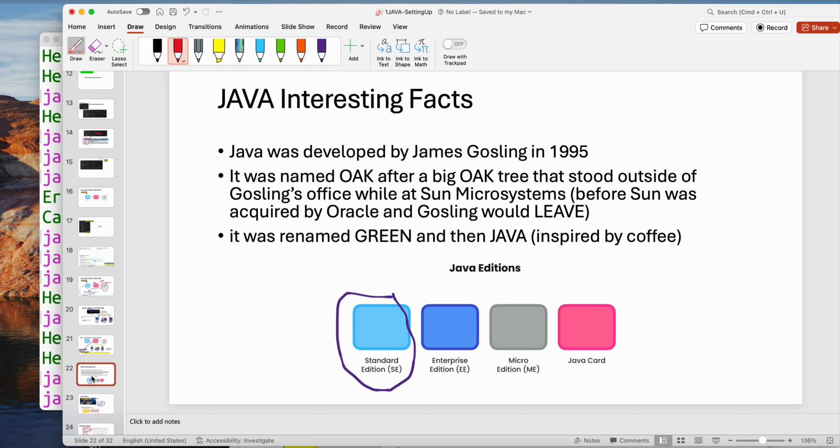Now, James Gosling was at Sun Microsystems before Sun was acquired by, as you can see here, Oracle, causing Gosling to leave, because what happens is when you have these small startups, they have this rebellious attitude, forget the man, and all that, and then suddenly when you're bought out by big business, you have to follow some procedures that you didn't want to before. You start to feel controlled, and also,